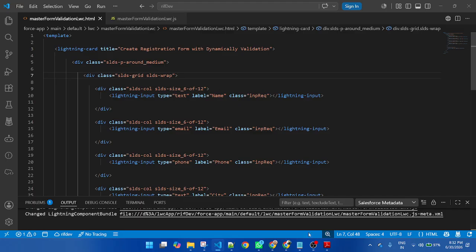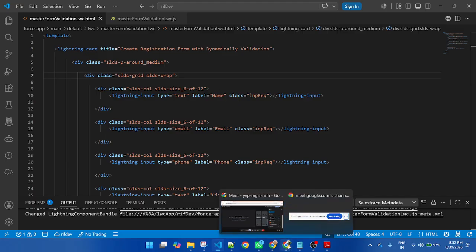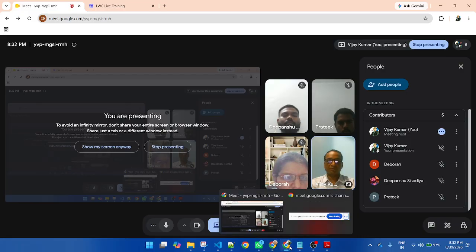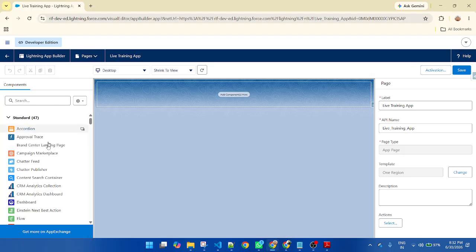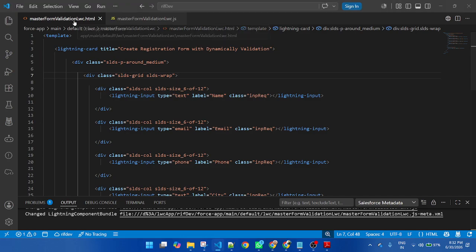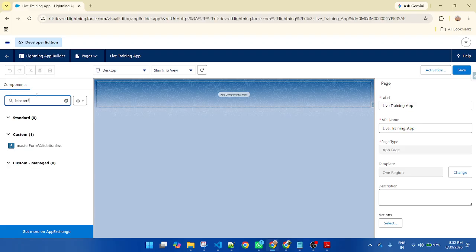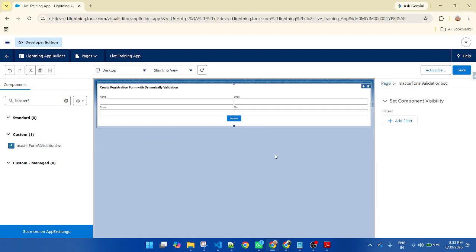So first of all we need to search our component. Master form validation. This one. Simply you need to select it and drag and drop the component onto the page. Then save.